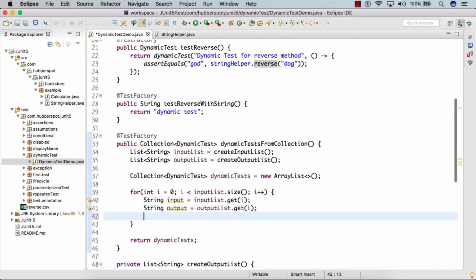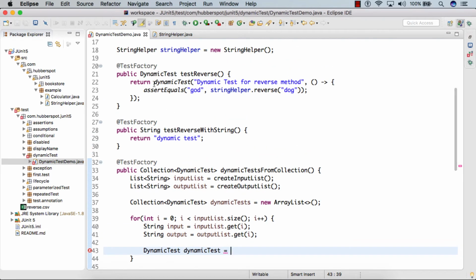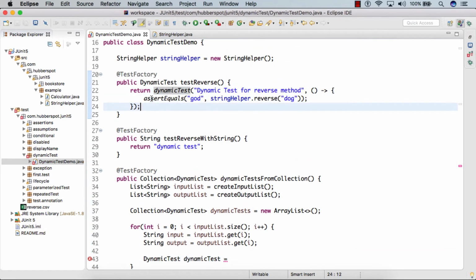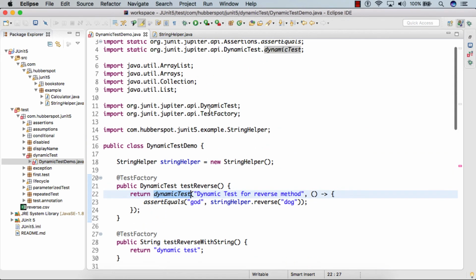Now after getting the input and output, we create a dynamic test, based on the syntax we discussed earlier: we can create a dynamic test using the static method present in the DynamicTest class.